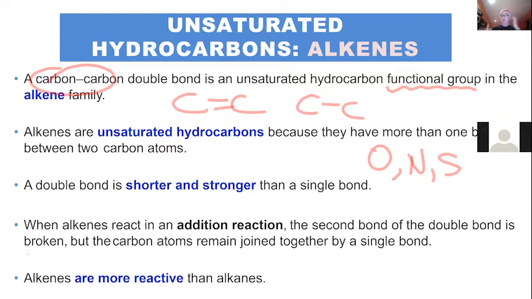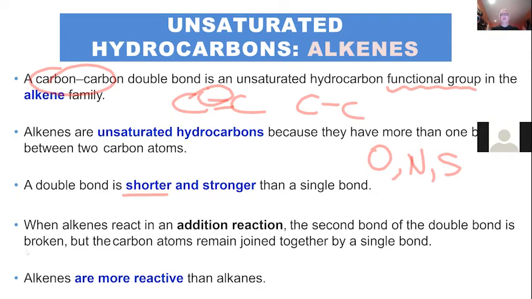Alkenes are called unsaturated because there are spaces for hydrogens that are now taken up by an additional bond between the carbons. That basically removes two hydrogens that could have been bonded to those carbons, one each. Those are now gone and replaced by an additional bond between the carbons. Now we have to remember that a double bond is shorter than a single bond. We haven't really gotten into the